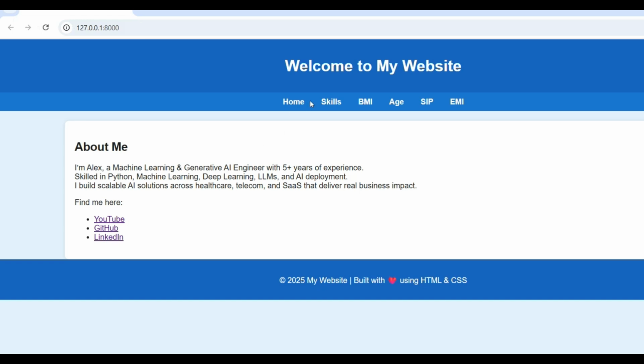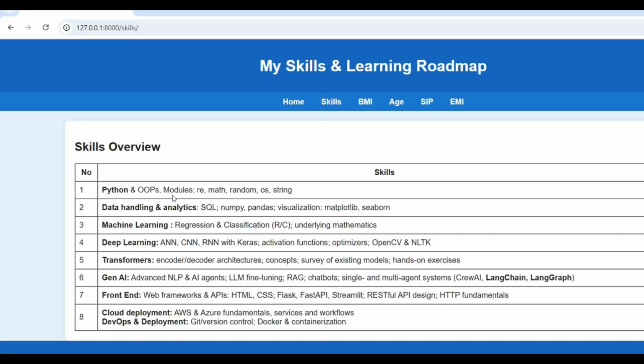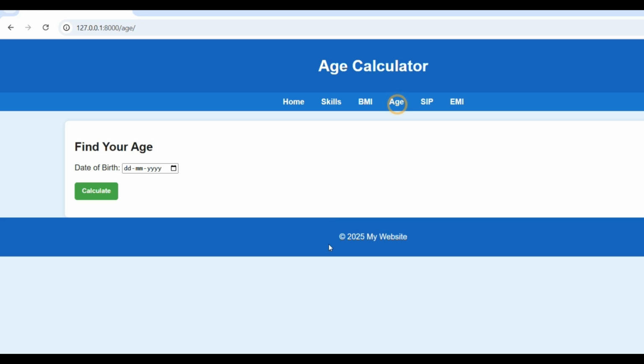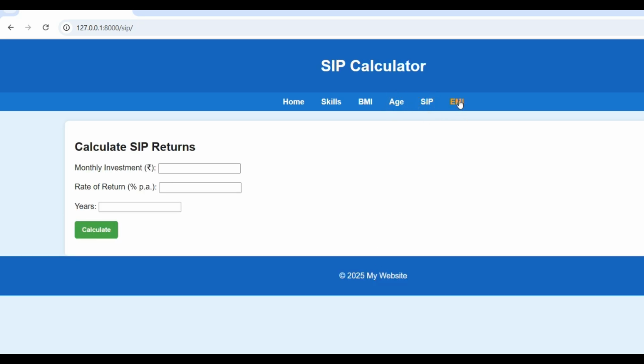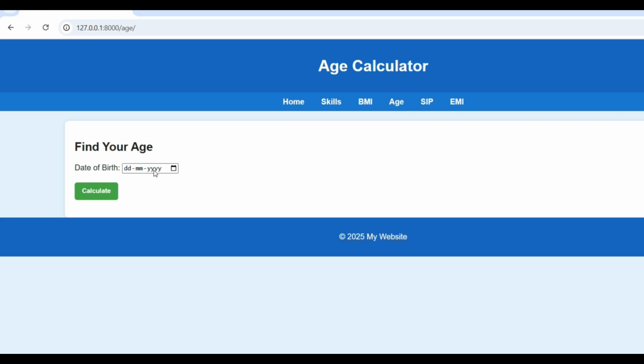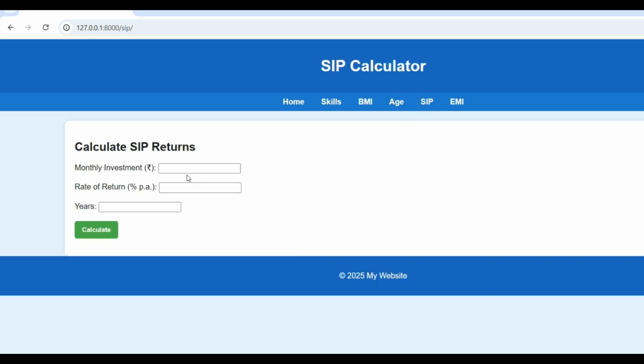You can see I have modified the skills a little bit from the original, and BMI is there, age is there, zip is there, EMI is there. By entering the values, can you get the data? In BMI, by entering the values, can you get the data? In age, by putting the date of birth, can you get the data? In zip, by entering the values, can you get the data?